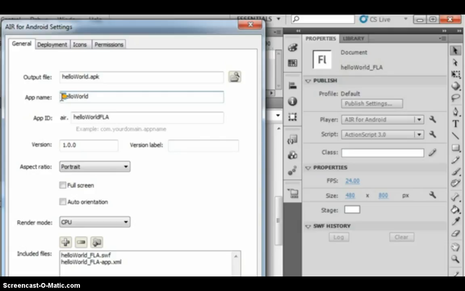Then the application name would be Hello World with the capital H. Then the application ID, it must have the two identifiers. So hello world. So the orientation is auto. Then press the auto orientation. Then the render mode, I'm gonna use the auto.